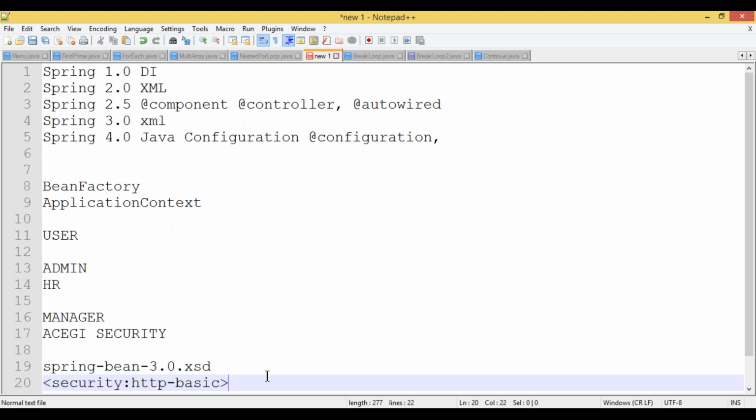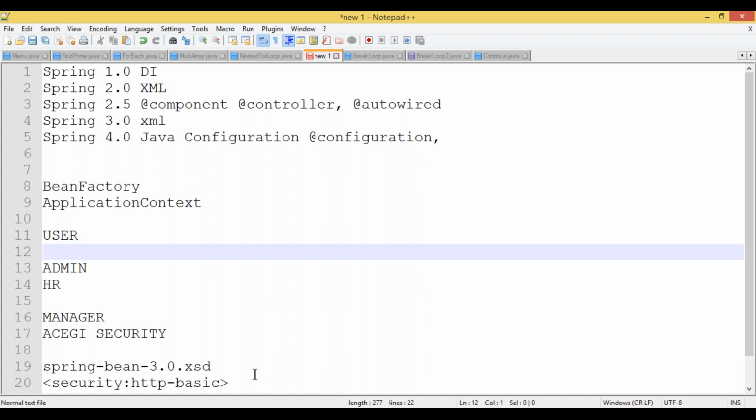Okay. After that, they introduced the annotations concept. First, we will focus on how exactly we can work using the annotation style, because in Spring Boot we are not going to develop in XML style, so we'll focus only on annotations. Whenever we are working in the annotation style, as I told, we need to create two classes first. What are the two classes we need to create? One is the initializer class, and one more is a config-related class.